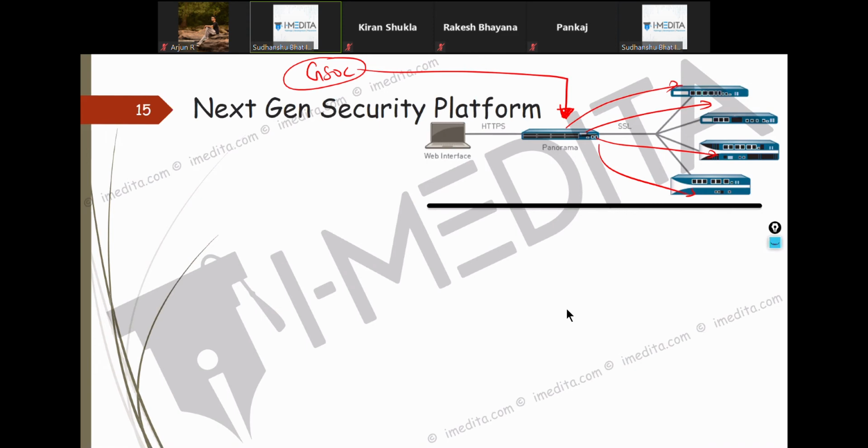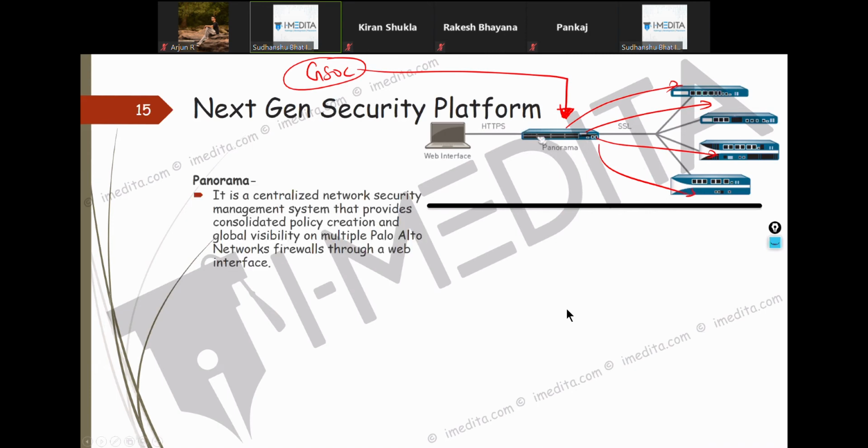For example, you don't want drug abuse websites or adult content websites to get opened on any site of the company. So if you deploy it through Panorama, it's already being pushed to all these different firewalls. So whatever policy they want to deploy, they can easily deploy it from a centralized point.